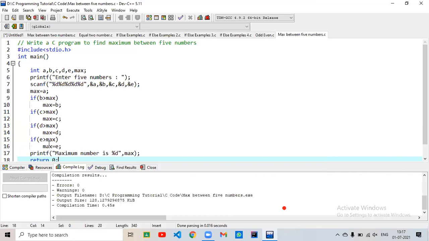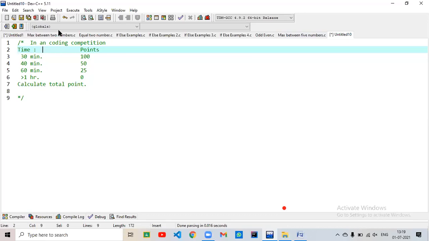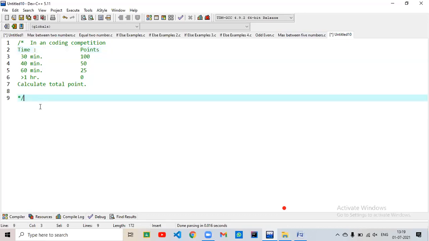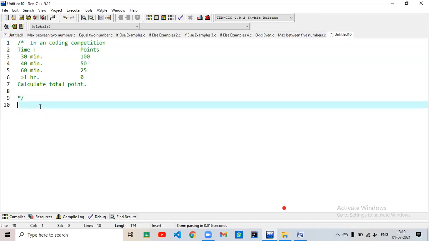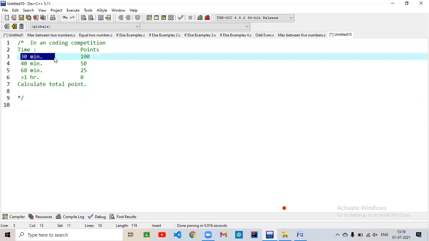Next program. So we are coming back with our next program. In this program, the question is: in a coding competition, points are distributed as follows. If a participant submits their paper within 30 minutes, then 100 points will be awarded.